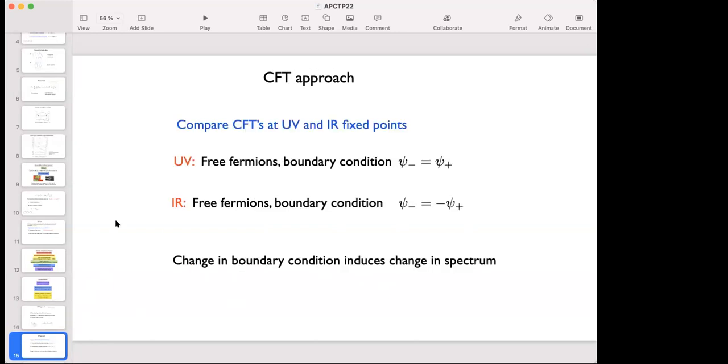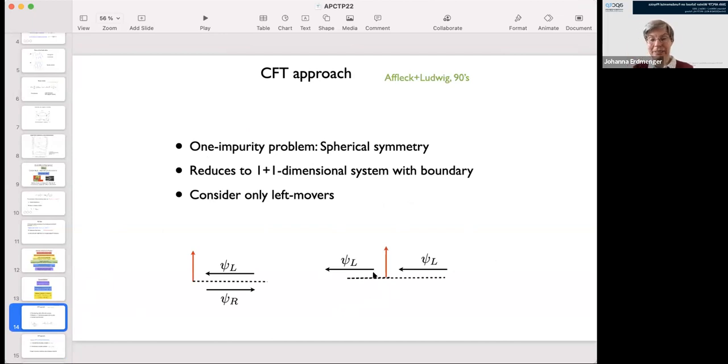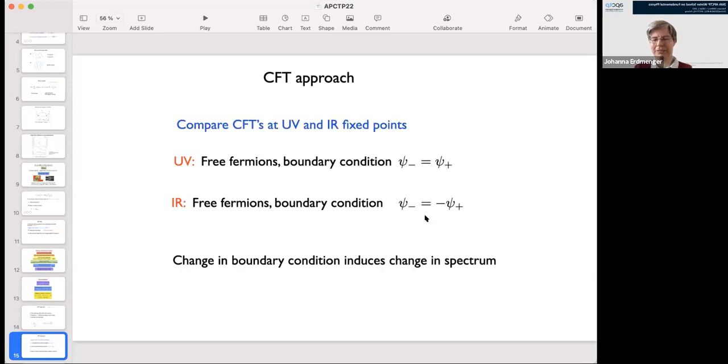By the way, for your notation, psi plus and psi minus are the boundary values when I approach this point. Psi plus is when I come from this side, and psi minus is when I come from this side. So psi plus is the value of these fields at r equal to 0, and psi minus is the value of those fields at r equal to 0. So that's why this is a boundary condition. I mean, this condition holds only when r is equal to 0. It's just a way of writing a boundary condition.